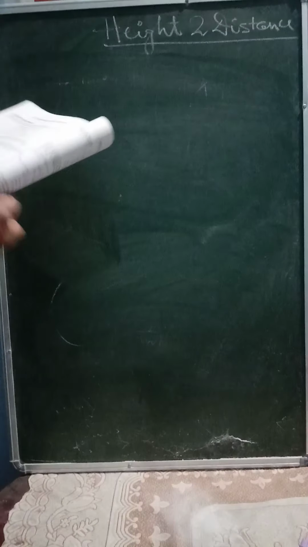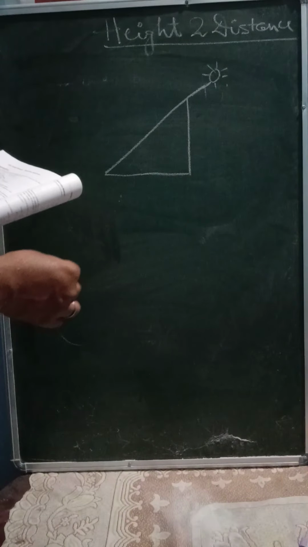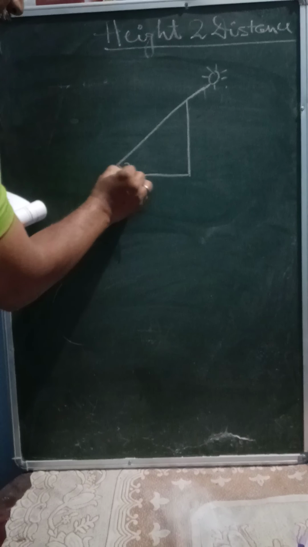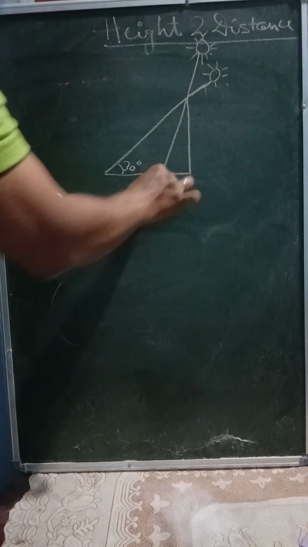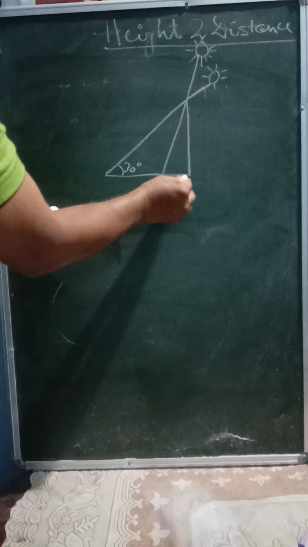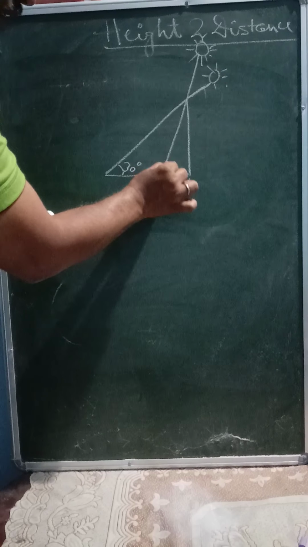Tower or building means you just see this is a tower or building and your sun is here. So it is making the shadow here. And so this angle becoming 30 degree. And when the sun's altitude becomes high, means the height will be more. So in that case, what will happen? The shadow will be less longer. So in this case, the angle will be more.